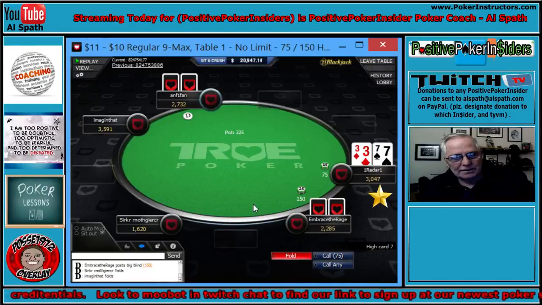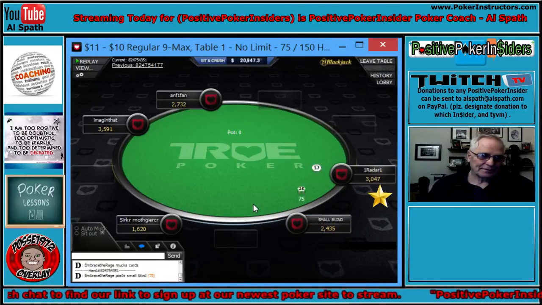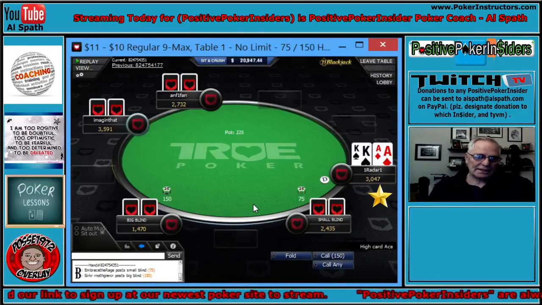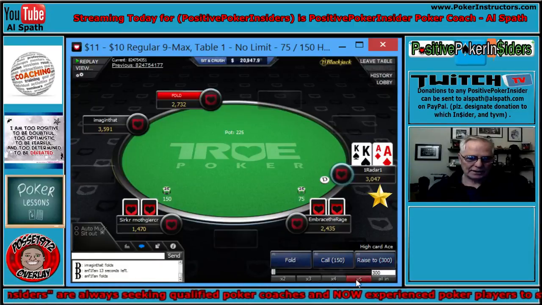3-7 on the button is an easy fold. It's very nice of him to show those cards when he does his thing. Ace King. This is a hand that'll either get me in the game or get me out of the game at this stage. I gotta play it strong. The guy before me is gonna raise. I'm gonna re-raise all in. If he doesn't, then I'm gonna play